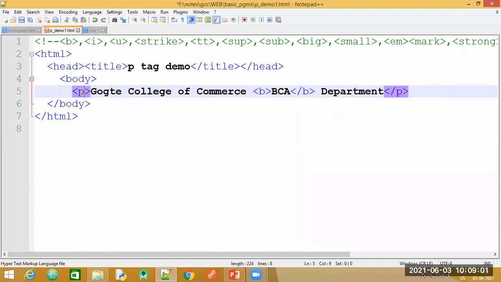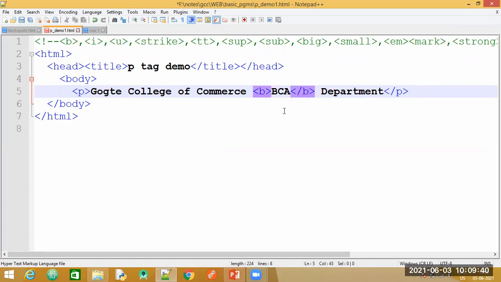So you observe here, inside the P tag, we are having the B tag here. And you should be sure to follow this particular opening and closing tags. If you have opened the B tag here and if you try to close it here, it is not going to be appropriate, because observe the nesting here. You have opened the B tag inside the P tag, so you also need to close it inside this closing P tag only. Just like for other programming languages, you have brackets and you need to match those parentheses. So same nesting you will have to follow here. So I have written the B tag.